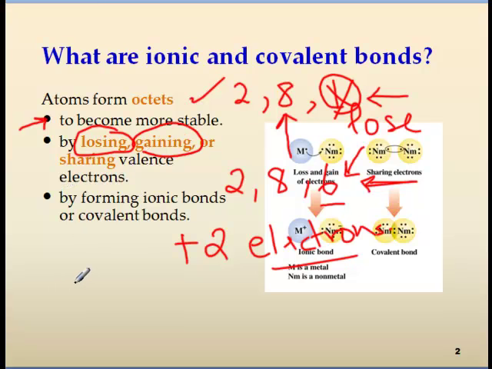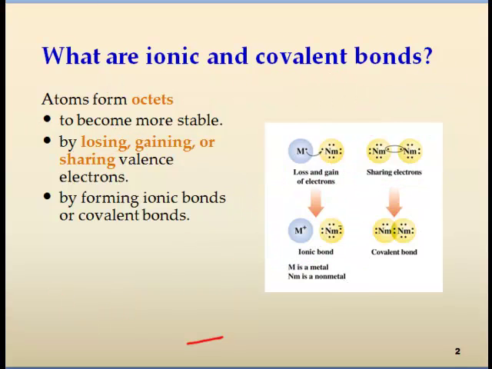However, what about an atom that has 2 in the first shell, 8 in the second shell, and perhaps only 4 in the outer shell? It can either gain or lose. It sometimes will share. And we'll see a lot of sharing between certain types of elements and not the others and so forth. So based on the concept about how to get 8 electrons in the outermost shell, we say